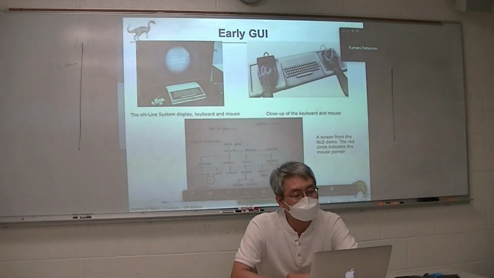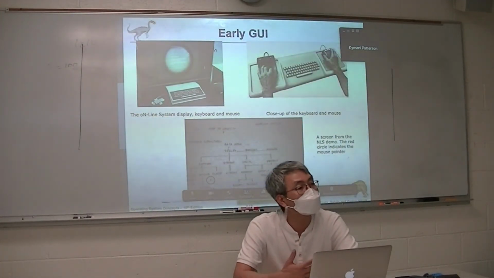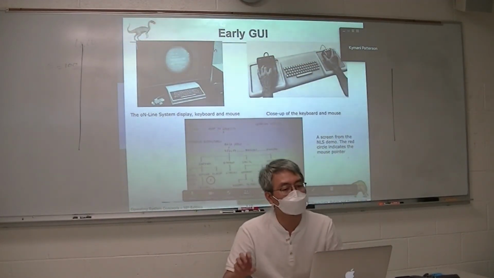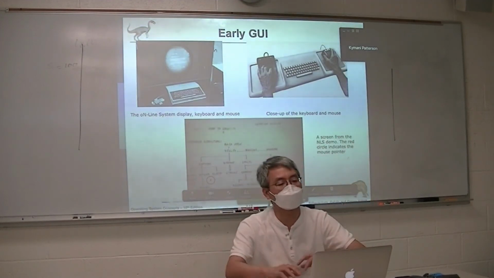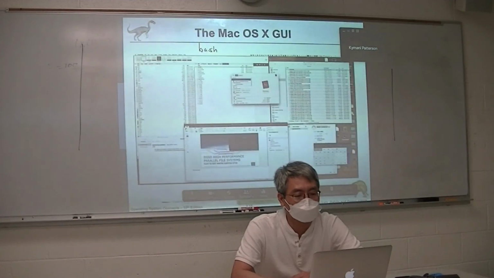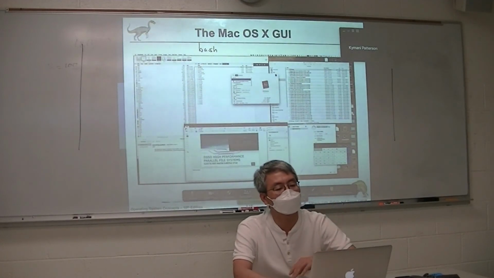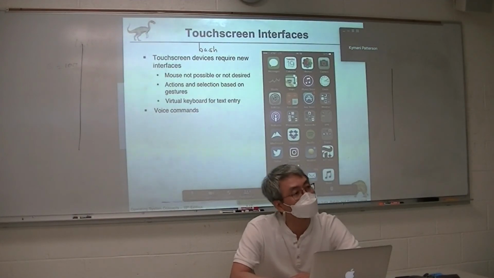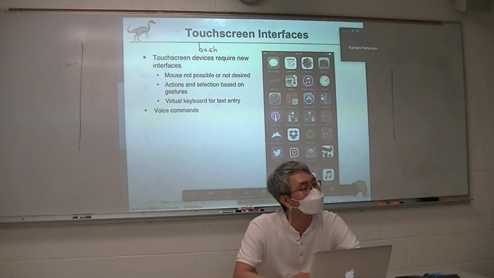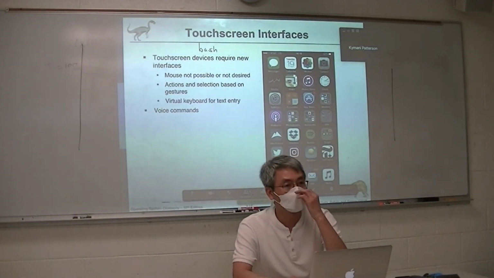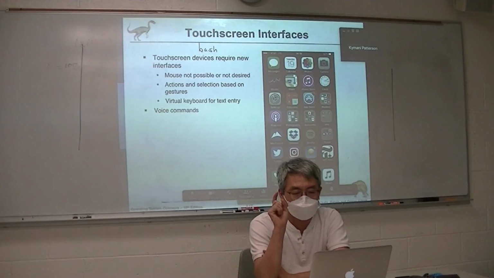But surprisingly, the early GUI is still being used. So display, keyboard, and mouse, using the mouse pointer, we are going to access this. Pretty much the same interface. Then there has been an improved, nice and neat one. This is the current Aqua, the GUI used in Mac OS. And then we have the newbie, that is the touch screen interface. The touch screen is basically based on the tile style and the fingertip, touch and swipe.